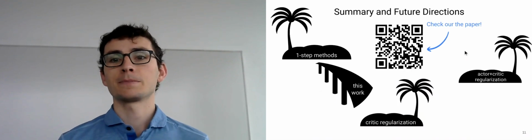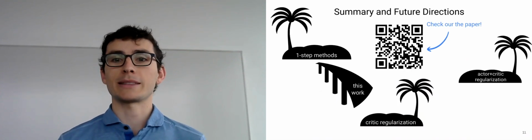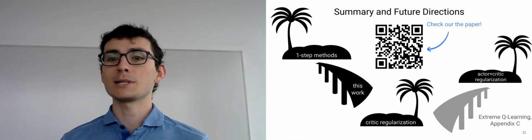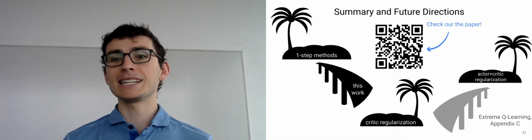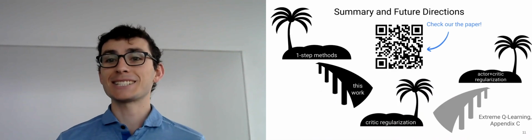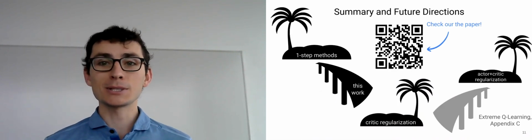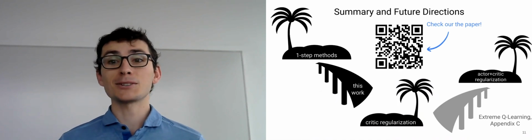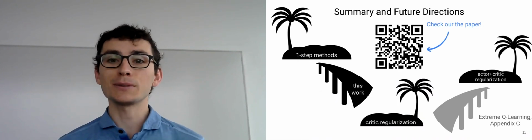One final note. I mentioned earlier that there's this third class of methods, which our paper didn't analyze. An anonymous paper recently showed up on Open Review. Appendix C of that paper gives some hints that this third class of methods might be closely connected to critic regularization. So it seems like there's some really neat and deep connections between all of these sorts of